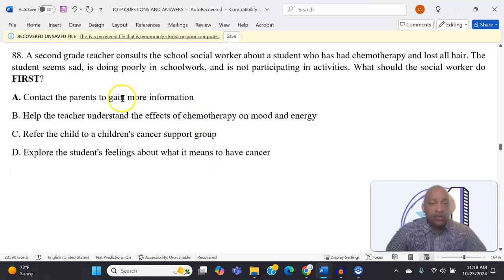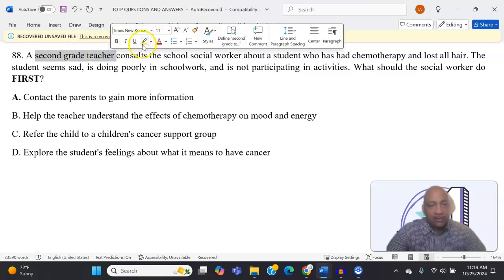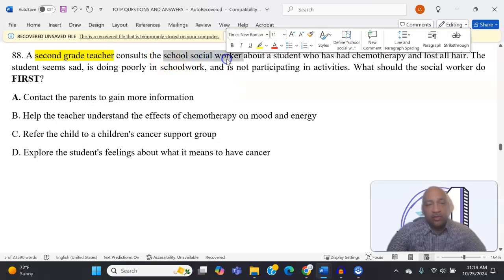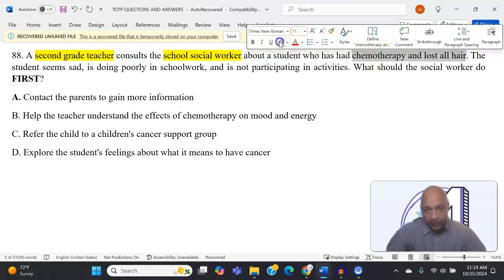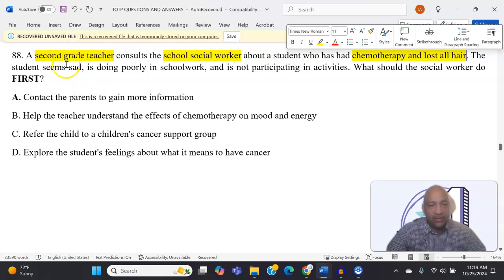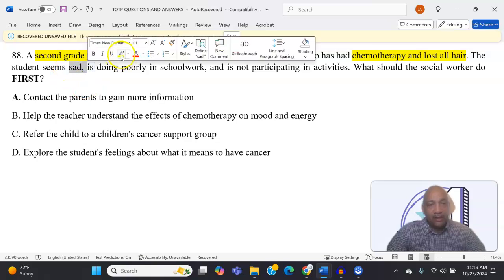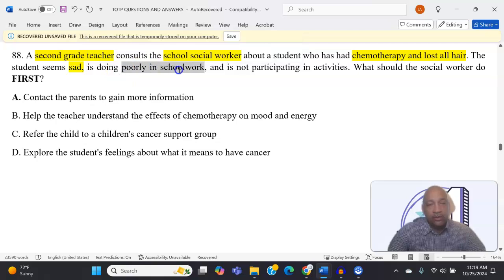So there's a couple of ways we can do it. We could definitely do highlighting. What's important in the first part of the STEM? We can see that it's a second grade teacher that does the consult. So we can highlight that. It's specifically not just a social worker, but the school social worker. That makes a big difference to what's going on. The student has had chemo, lost all hair, so that's going to be important. And the student is sad, doing poorly in school